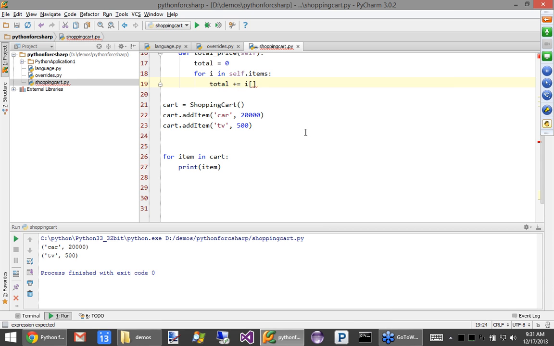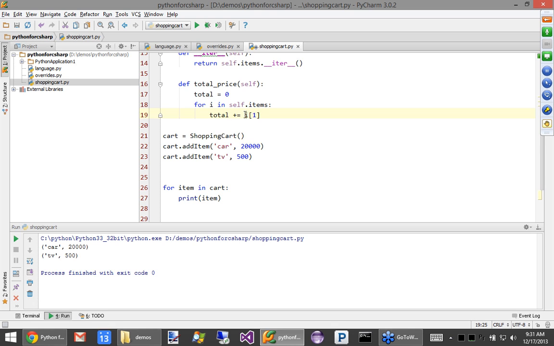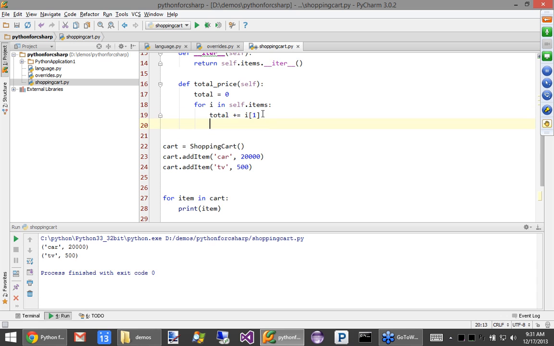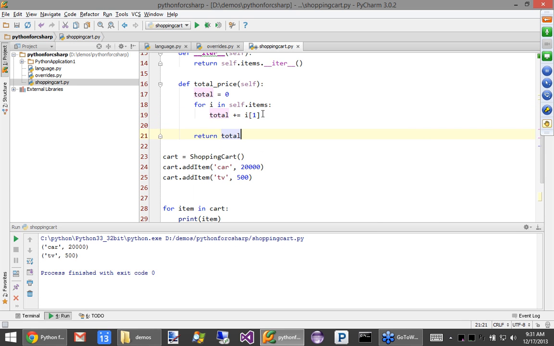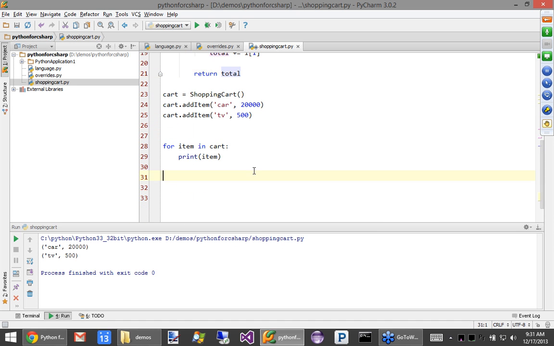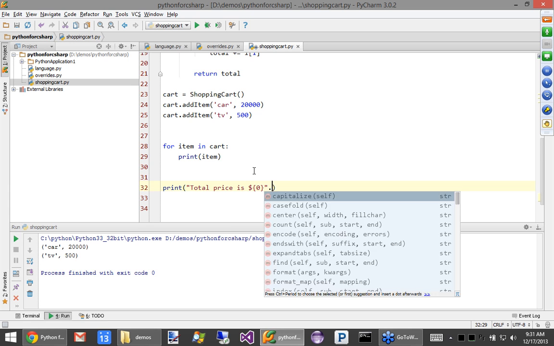We need the second one, and it's 0-based, so that's how you say this. In C# I'd say i.Item2, I believe. And then down here we can just say return total. Let's say print total price is {0} with a little dollar sign, .format.